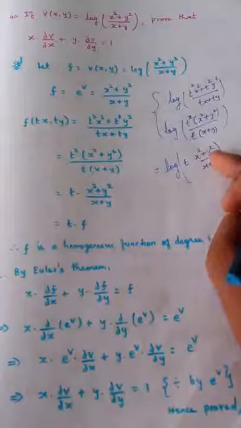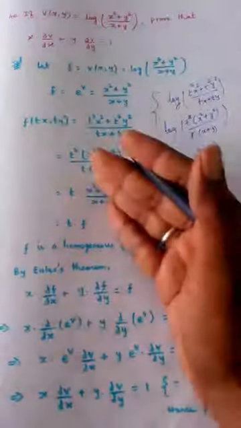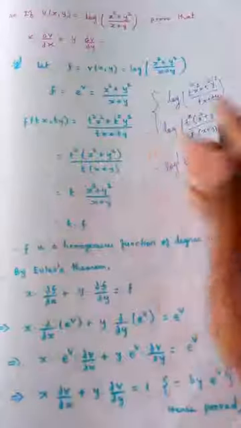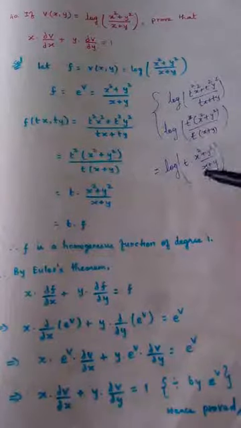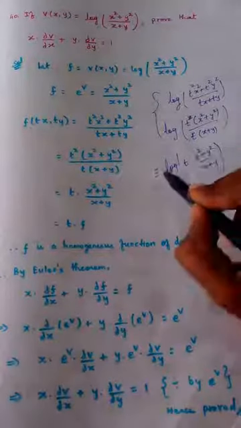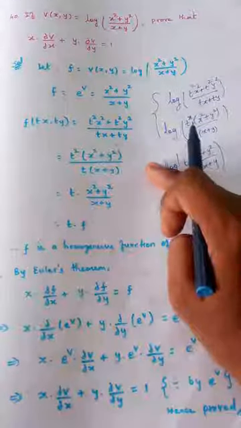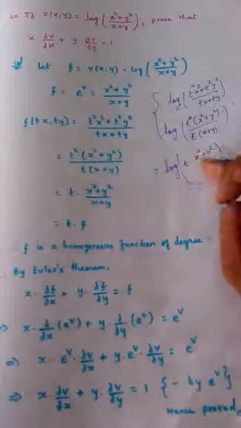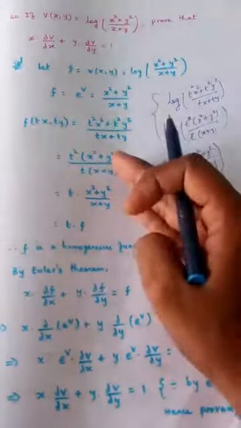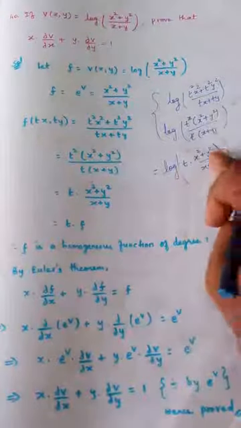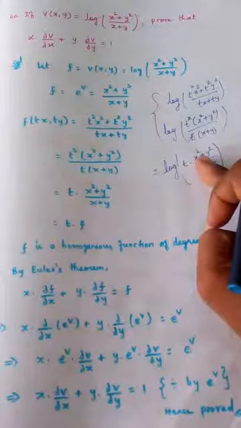Even if you see the previous problems, t or t power 3 by 2 or t power 3 should come separately in multiplication. But since log is present here, even though I am cancelling, the term t will be present only inside the log. It cannot be taken outside and written here. So this cannot be said to be a homogeneous function, because t is not separately coming out. It is present inside the logarithmic function. Try to understand what I am telling.